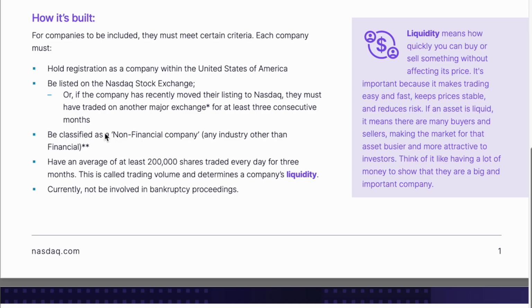And I know some people have talked about this before, but the QQQ or the Nasdaq 100 are companies that are only listed on the Nasdaq Stock Exchange. So if you're listed on the New York Stock Exchange or basically anywhere except the Nasdaq, then you can't be included. Now, they also require that they're classified as a non-financial company, so basically any industry other than financial, but